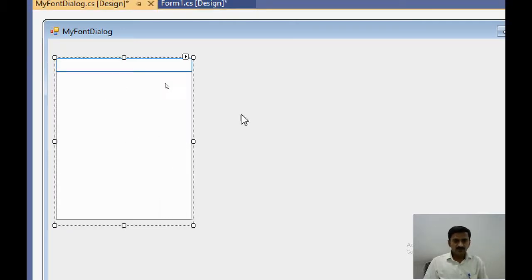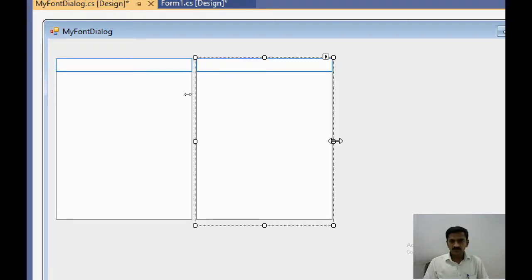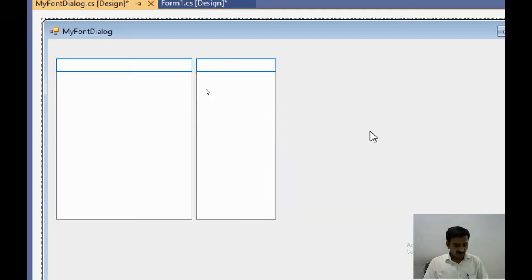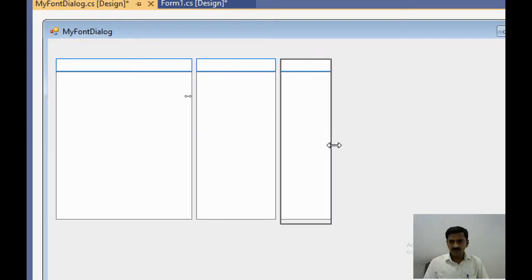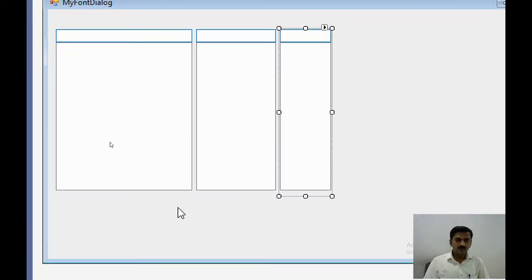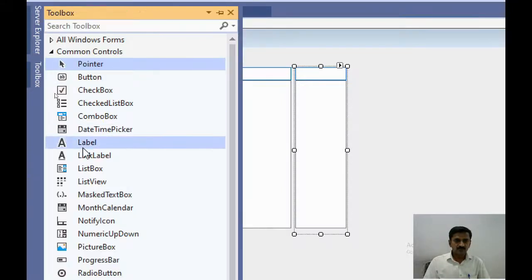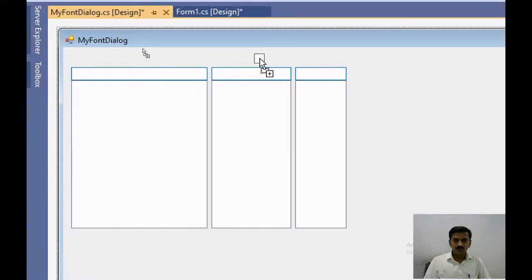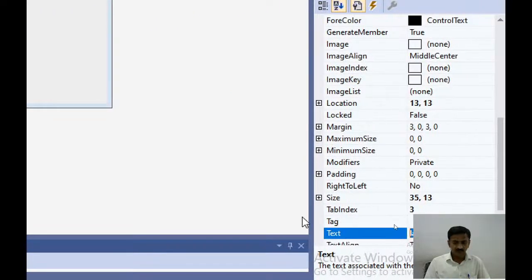Okay, I am making the copy of this combo box 2 times. So this is for font style and this is for font size. Okay, then I am going to design the labels, font name, font style and font size. So for that I am going to design the label. So here I have designed the label. On this label I want to add the text, font name,